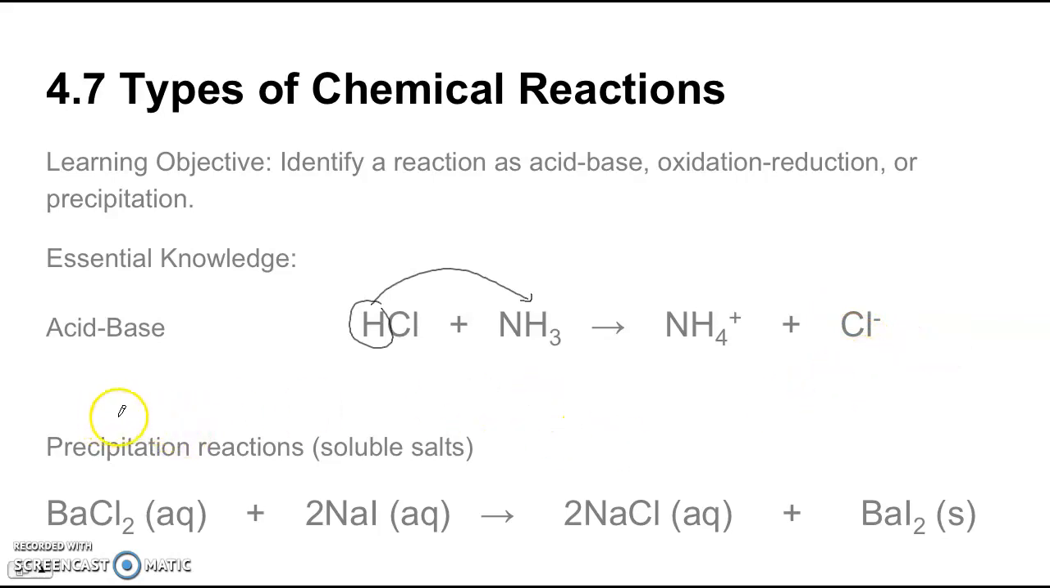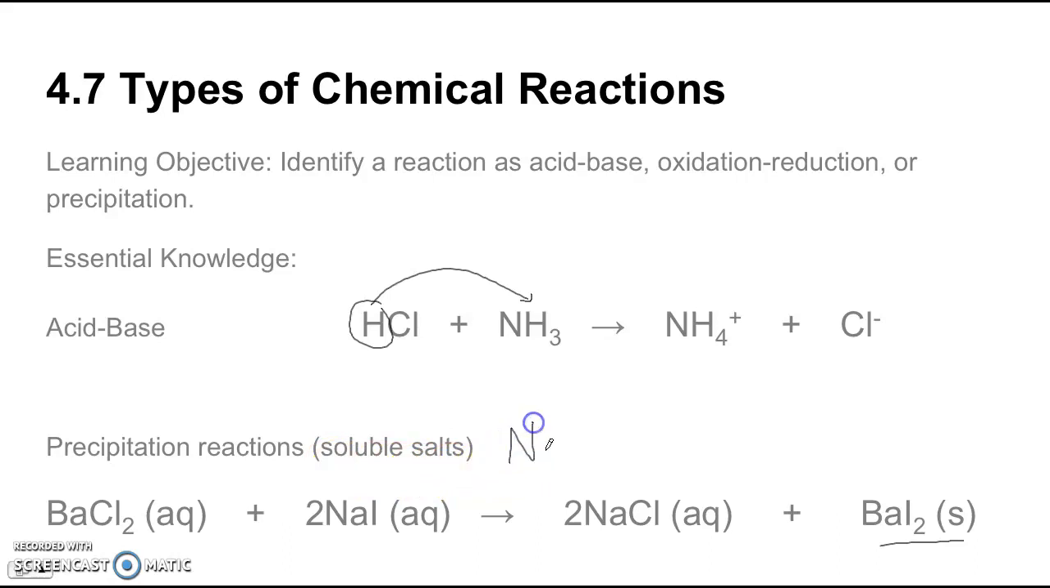In a precipitation reaction, you have a solid that forms from two aqueous solutions. In this case, here's a solid barium iodide that's being formed in this reaction. And with this, you also want to know the soluble salts, as in the ions that are always soluble, and that would be sodium,